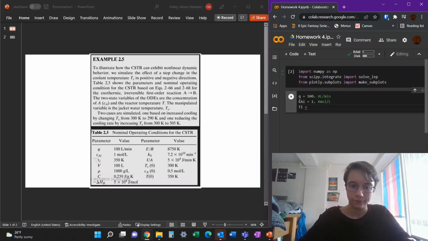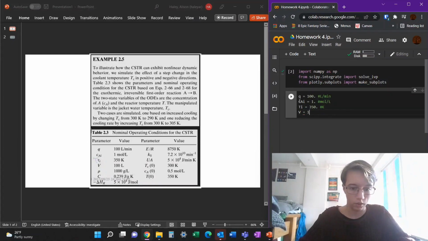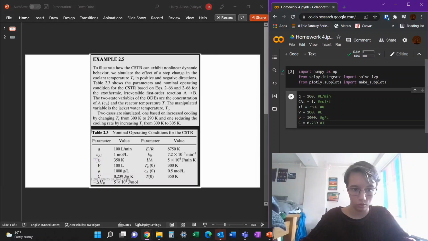So we're going to have the temperature that's going in is 350 Kelvin, and then the volume is equal to 100 liters, and then the density, we're going to use just a lowercase p for that, is 1,000 grams per liter, and then heat capacity is equal to 0.239 joules per gram Kelvin, and then we're going to have delta HR equal to 5e4 joules per mole,